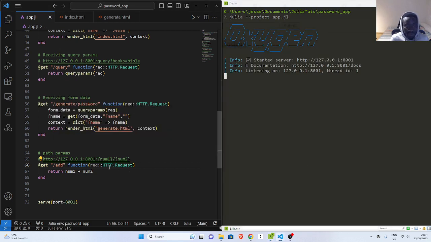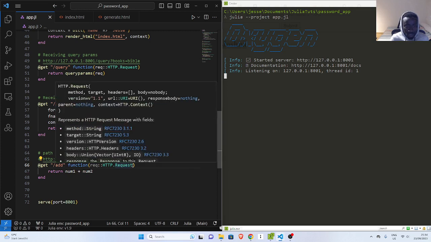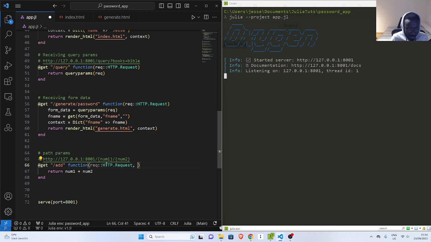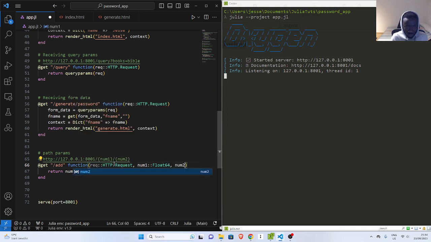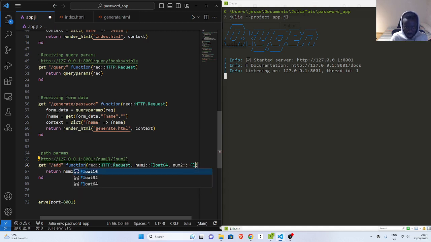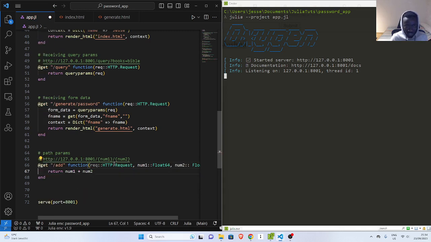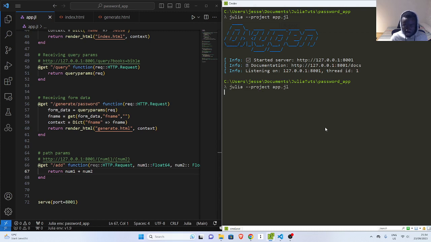And then when you are doing this, when you are passing it here, you have to also specify inside your function that you are passing this one, because these ones are not coming from the request straight away. So I have to specify, okay, I'm passing in a num1, which is, and I can just say a float64, and then num2 is also a float, something like this, right? So it's automatically calculated. So let me save it, stop, restart,